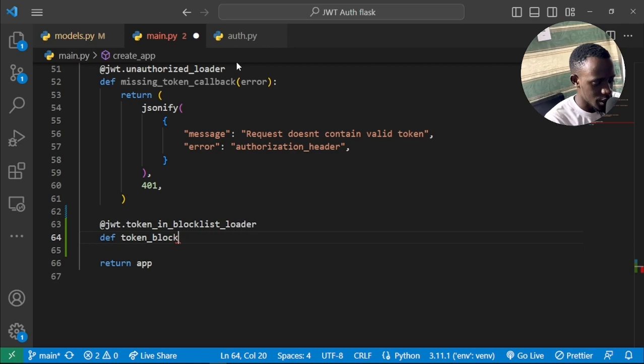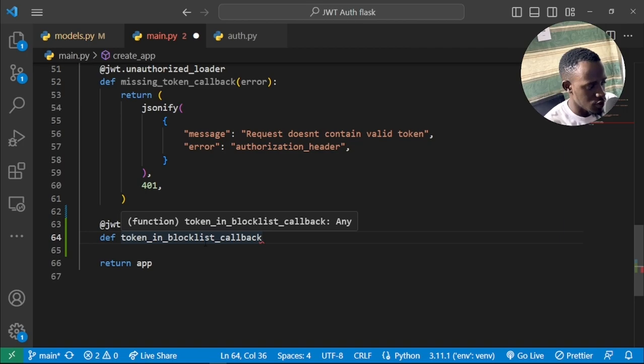So in this case, we're going to check our token block list. So we are now going to define this function as token_in_blocklist callback, which is simply going to be a callback function that will be called to check if this